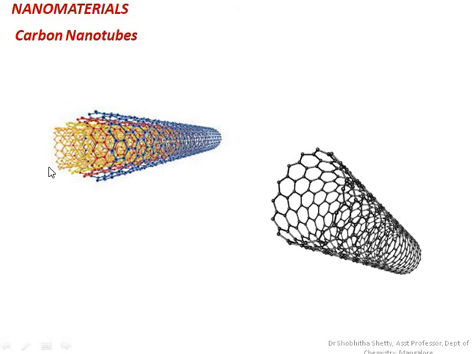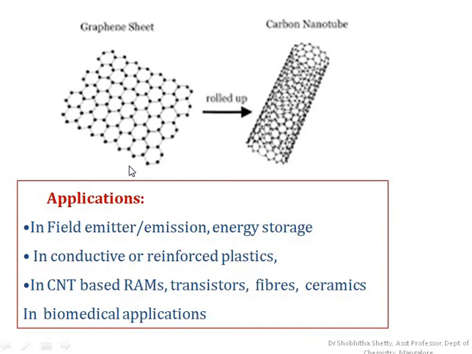In terms of property, they have very high thermal conductivity as well as electrical conductivity, and even the mechanical strength, highly durable also, and high thermal stability and enhanced chemical reactivity. So they have unique mechanical properties, and even the size, nano sized particles. So you can imagine how good an application it has got because of its various properties with advantage. So here you can see how this graphene sheet is rolled up to get the single walled